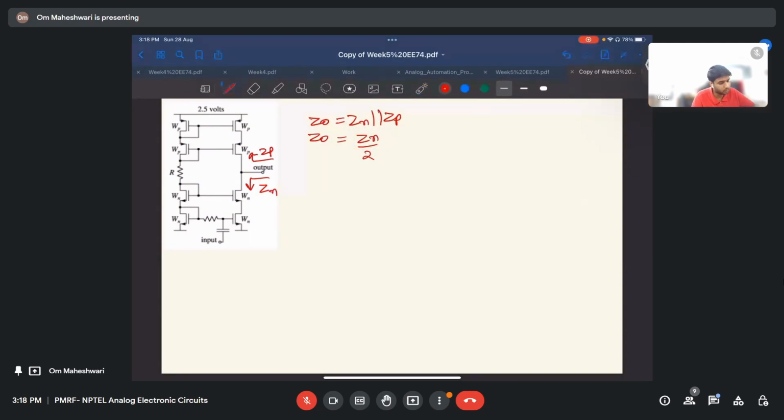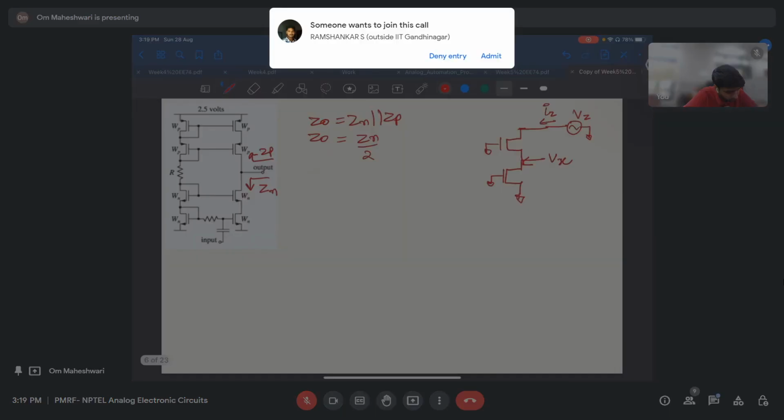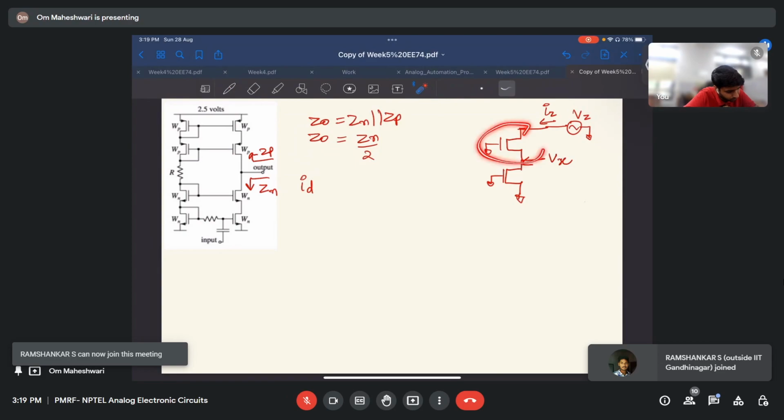For that, let me draw a simpler circuit. To find the impedance seen from this port, what we do is apply a voltage at this port and take the ratio V by I. So I'll apply a small signal voltage Vz and take its current Iz. All other nodes will be grounded for this AC signal, and let's consider the voltage here as Vx. So if I write the universal equation for ID for this MOSFET first,